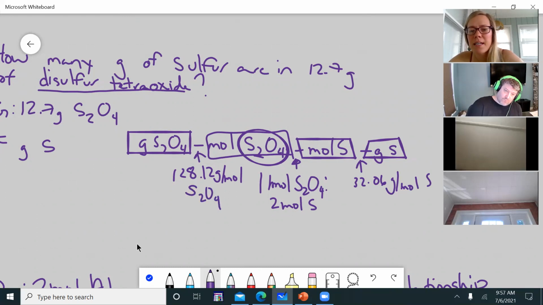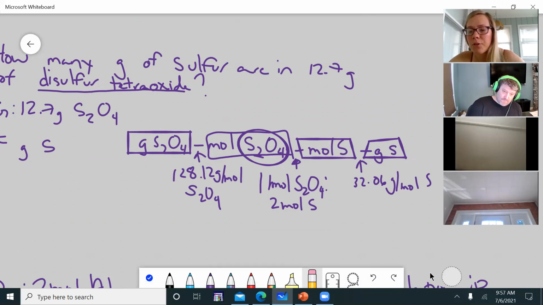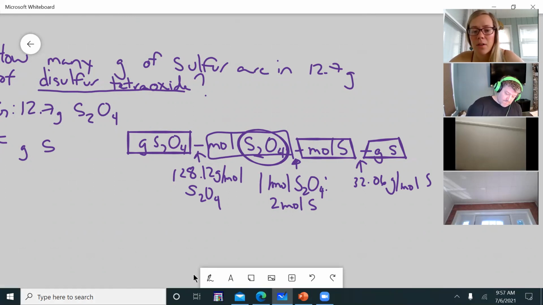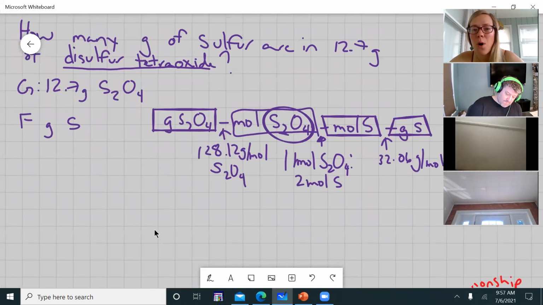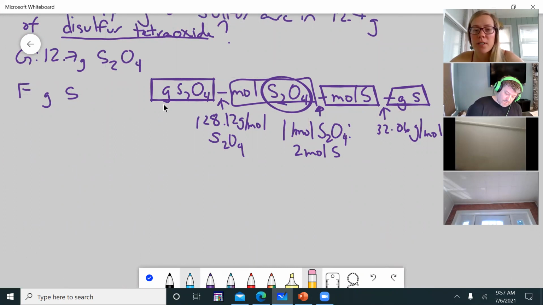Is everyone seeing how this is kind of coming together? It's a little bit more work to go from grams of one thing into grams of another, but it will always follow this system. So it doesn't really matter what compound I give you. It doesn't matter what element I want you to calculate for. It's always going to sort of follow this. So let's plug it in. So we start with our given information. And as you get better at this,